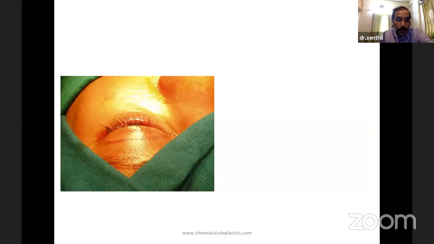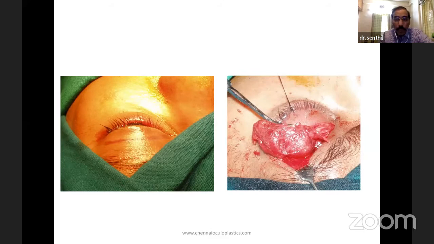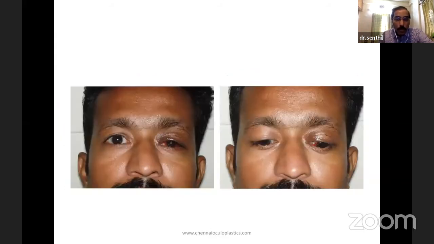And you can actually plan to remove it with a simple lid crease incision like this. So you just mark the lid crease of the patient and place your incision right on top of the lid crease. And you will reach the lesion straight away. And this usually is a very well hidden scar, and within a few months, actually, the patient will have very good